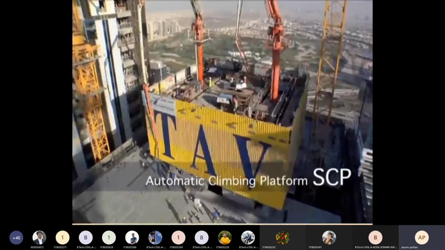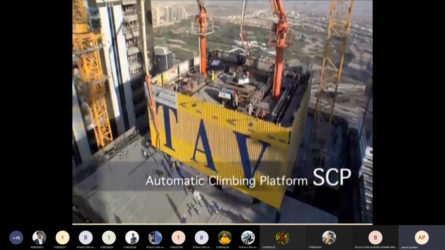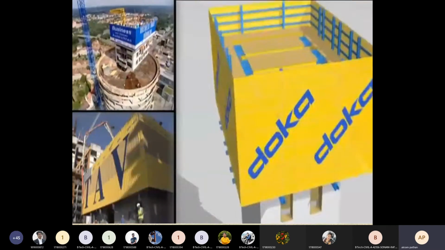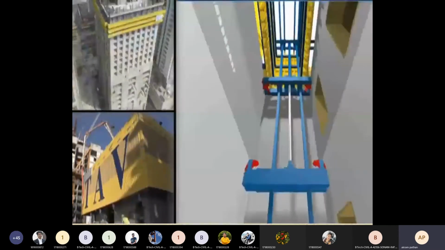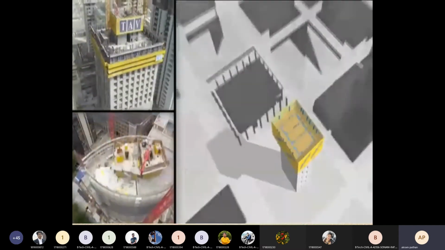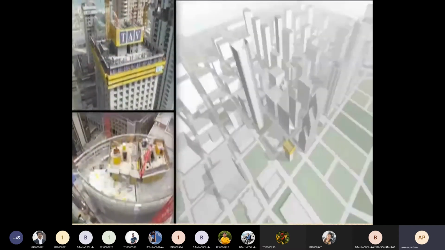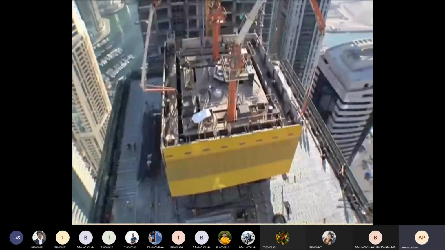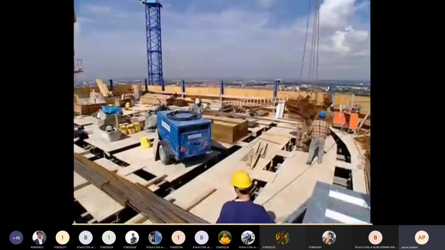Here's another forming machine, the Doka Platform SCP. One stroke of the hydraulic cylinders brings the entire site upwards. Used where the structure geometries remain constant and where a cost-saving system is needed for all forming and reinforcing work and for site infrastructure-related operations. The storage area on the platform can bear very heavy loads, and this saves a lot of valuable crane time.